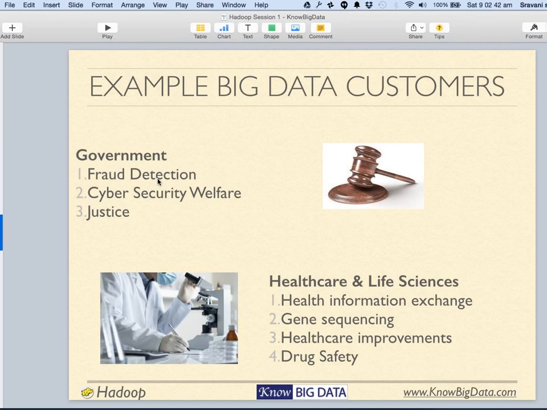That is anti-money laundering, where fraud detection is done at a larger scale. And you cannot do it properly unless you use a distributed computing environment or a big data solution.